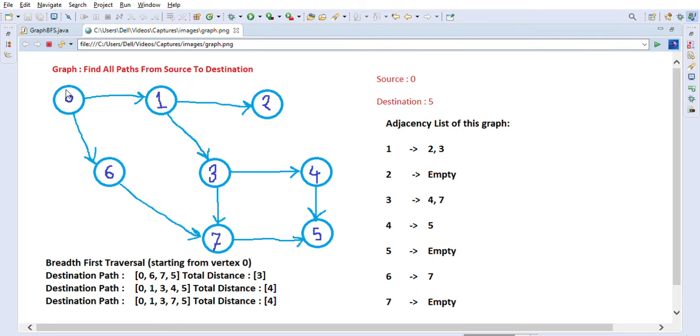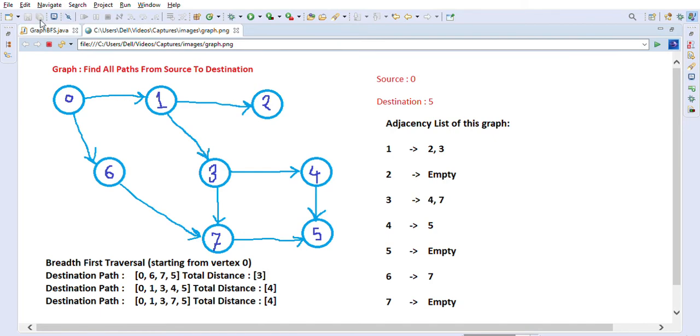We are going to code it, but I just wanted to show you how the paths look here, so visually you will understand, and then we will understand more through the code. The other path is 0 to 1, 1 to 3, 3 to 4 and 4 to 5, so the total is 4. Then the other available path is 0 to 1, 1 to 3, 3 to 7 and 7 to 5. Again the distance will be 4. So the shortest path among all of these is the first one, with distance 3.